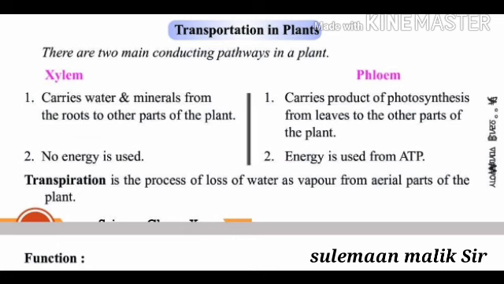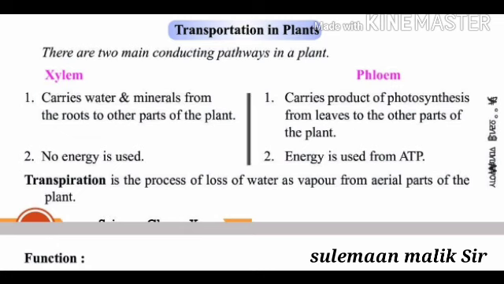But when photosynthesis takes place, what is photosynthesis? I already told you, the process by which plants make their own food is called photosynthesis. So this is the process by which plants make food. In this, energy is used from ATP, adenosine triphosphate. I will tell each and every term of this ATP in chemistry. This is a chemistry term. I will explain side by side, no problem at all.